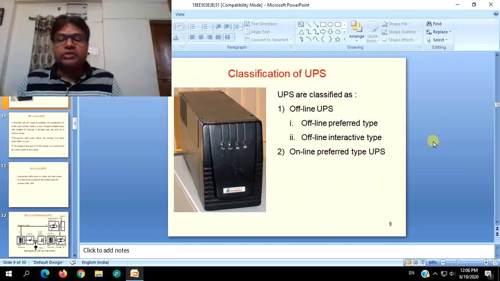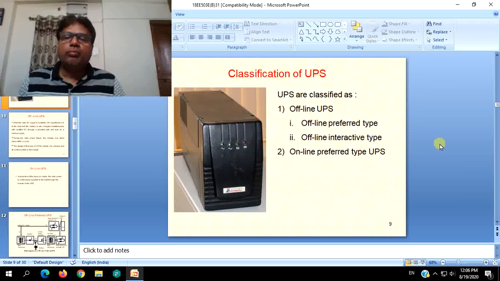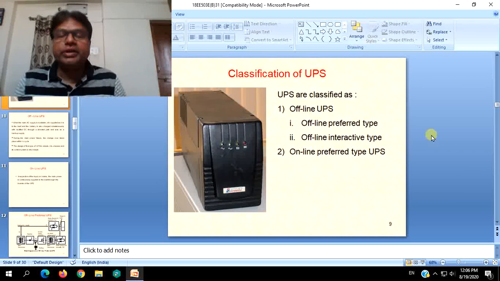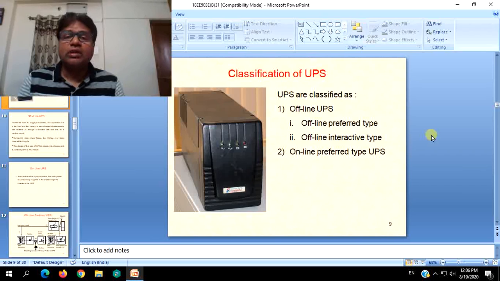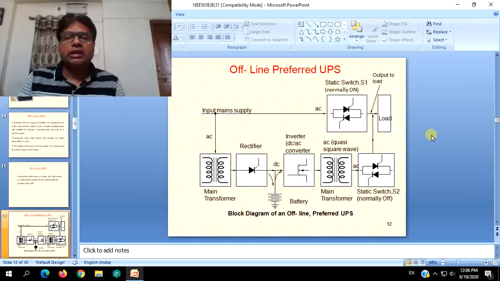which we are going to discuss in this session by following the block diagram of these circuit features. We will be simply discussing the different blocks of their circuits, how they are designed, and which block will serve what purpose. So to start with, we will be discussing the working of offline UPS by utilizing its block diagram.